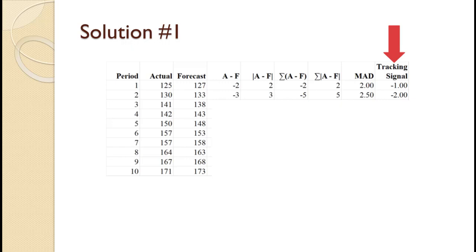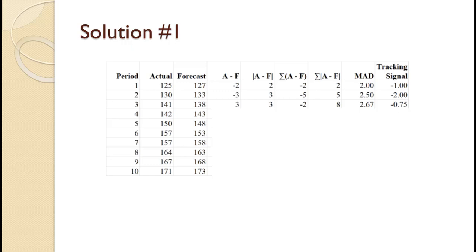For period 3, 141 minus 138 equals 3. The absolute value of 3 is 3. The cumulative A minus F is negative 5 plus 3 equals negative 2. The cumulative absolute value of A minus F is 5 plus 3 equals 8. The MAD is the cumulative absolute value A minus F value of 8 divided by 3 equals 2.67. In this tutorial, all calculations are rounded to 2 decimal points. Finally, the tracking signal is the cumulative A minus F value of negative 2 divided by the MAD of 2.67